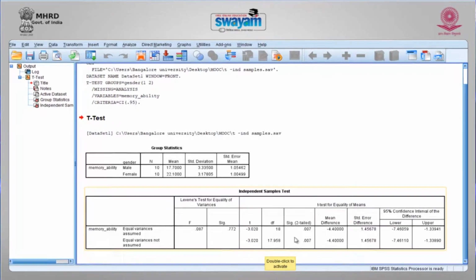Look at the t value now, that is minus 3.02. Don't worry if it's minus. Why? Because if the second mean is bigger than the first mean, automatically you are going to get a minus value. It is just the directionality. But my prime importance is on significance,